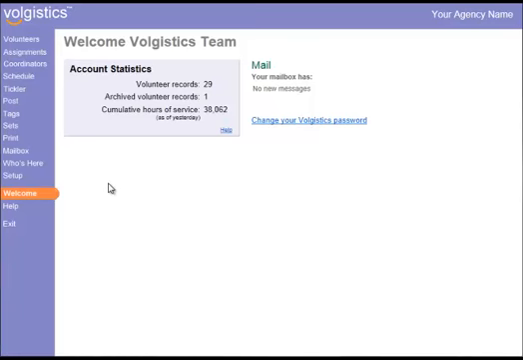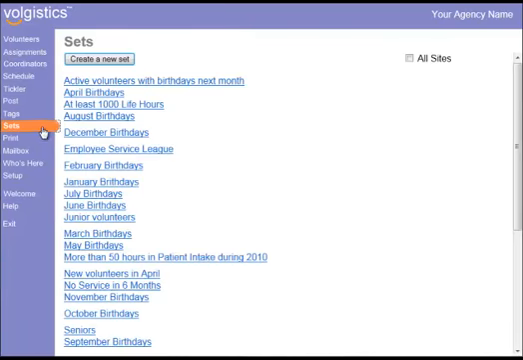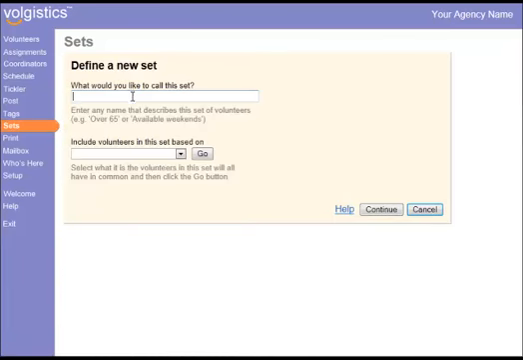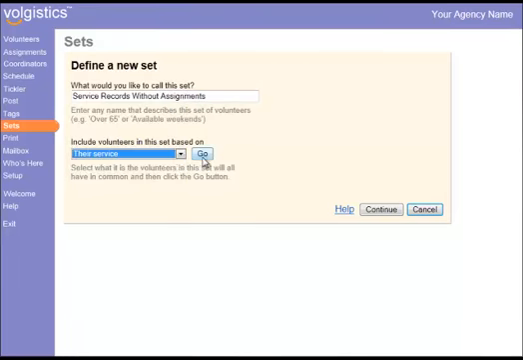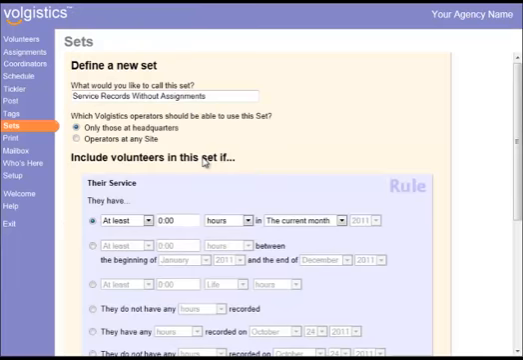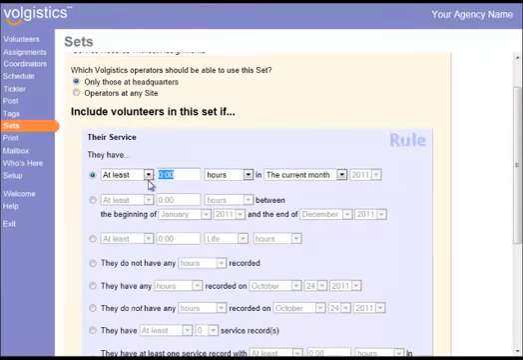To create this set, choose Sets from the menu. Click on Create a new set. Give the set a name. For example, Service Records Without Assignments. Choose to include volunteers in the set based on their service. Click Go. Define the set rule to include volunteers if they have at least 0.1 hours in the time period